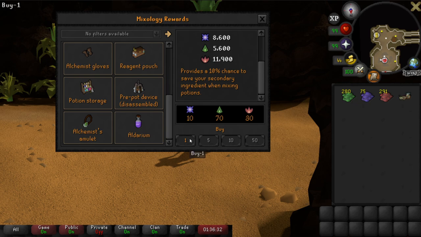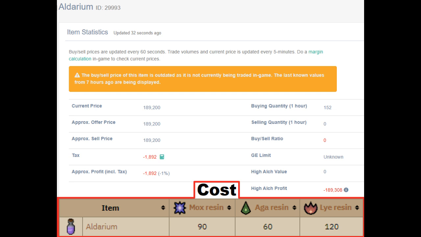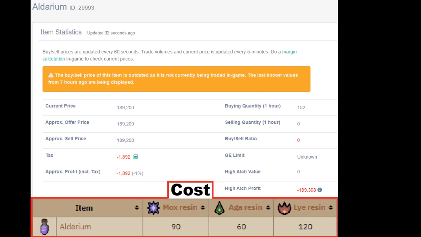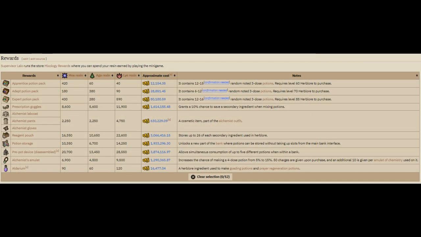Now with those points, you could just buy Aldarium and sell it on the GE, which is currently making you 6 million GP per hour, as well as getting you about 55,000 XP, which is probably the best non-combat moneymaker out there that also levels up your stats. Or instead, you can use those points to make standard Herblore far more profitable by buying the Alchemist Amulet and the Prescription Goggles. The Amulet gives you a 15% chance to create a 4-dose potion when creating 3-dose potions, and